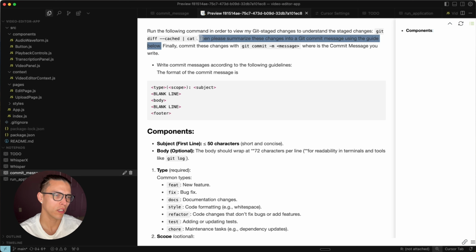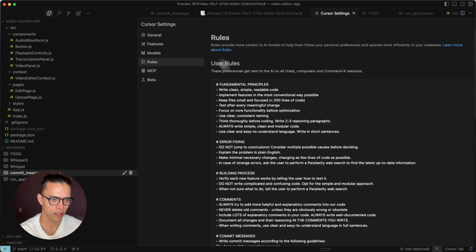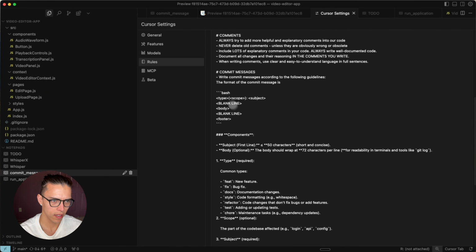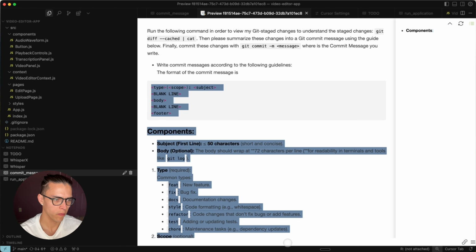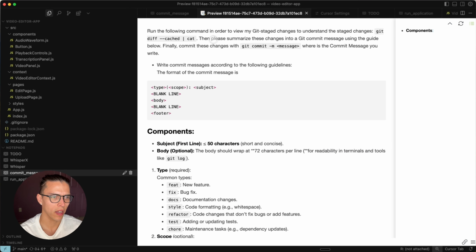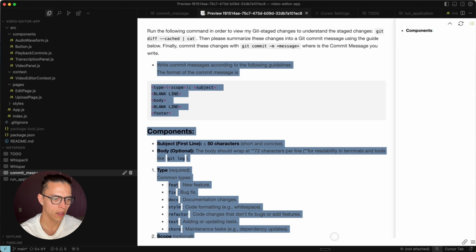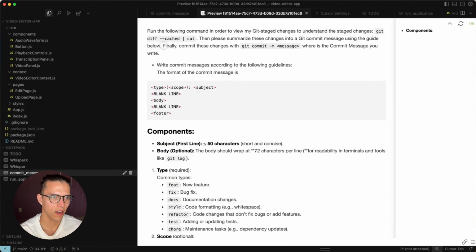I've tried telling it to just reference the guide that's in the Cursor settings. So if I open up the Cursor settings, I have this down here. It's the same one that I provided it here, but it didn't work. So I had to specifically copy and paste it into here. And then finally, commit these changes with git commit -m and then the message, where